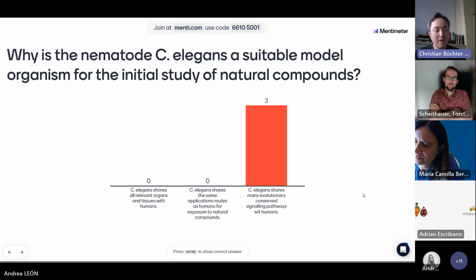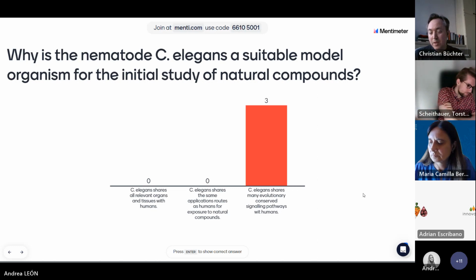And for this reason, we can investigate modulatory effects of these compounds on these signaling pathways. But the outcome is, of course, not always the same. So, for example, the insulin IGF-1 like signaling pathway in C. elegans